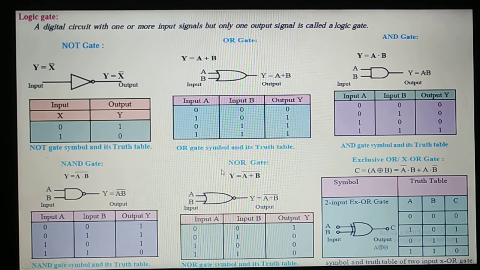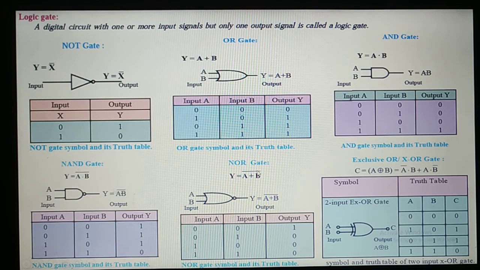Or there is another logic also. See, here in the NAND gate, the logic changes. If both the inputs are high, then only the output is low. Otherwise it is high. Okay. Same as in the NOR gate. If both the inputs are the same, either high or low. If both the inputs are low, then only the output is high. It's just the inverse of this, or vice versa.